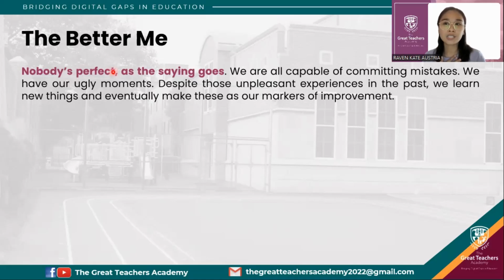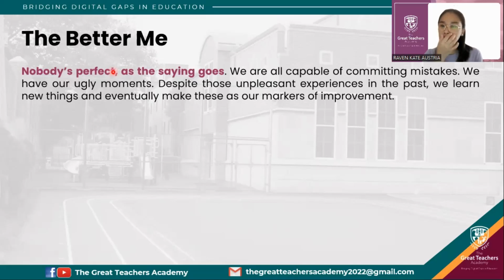So nagkakamali din si Teacher Kate. Okay? Nagkakamali rin po ako. May mga bagay na hindi ko naiintindihan sa una at hindi ko rin intensyong gawin, pero nagagawa ko. Pero ang kailangan natin tandaan, ang mahalaga ay ginagawa natin tong